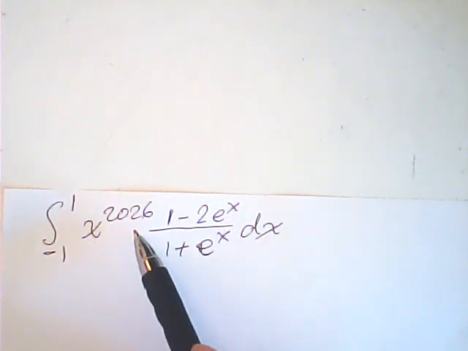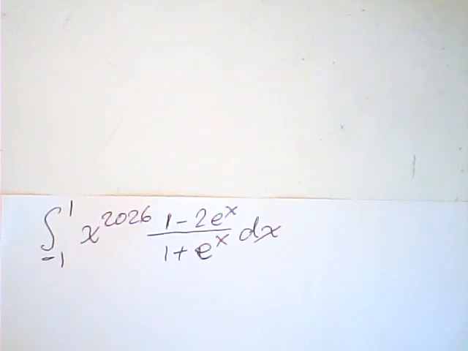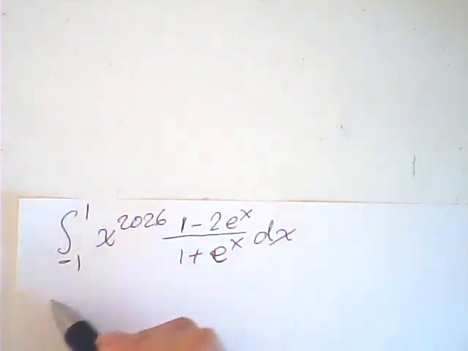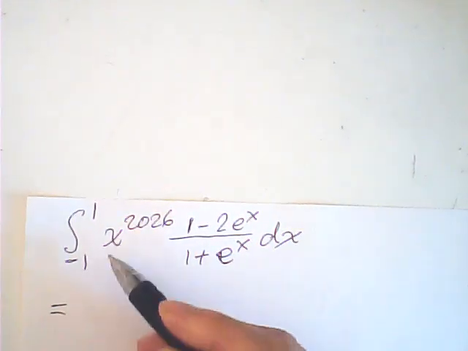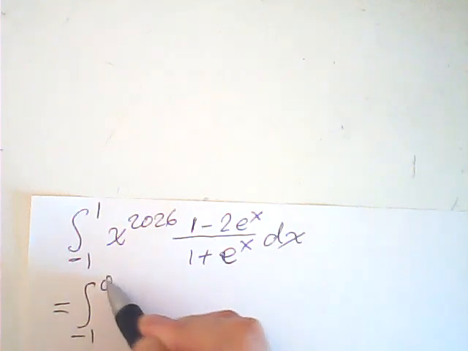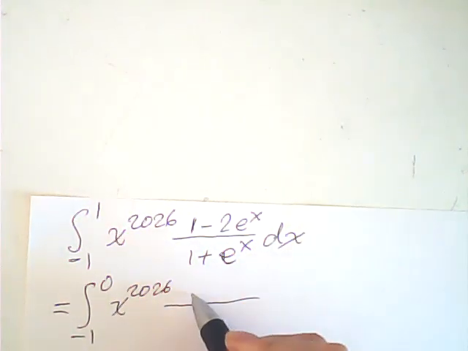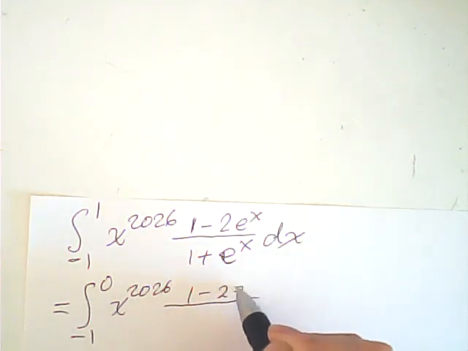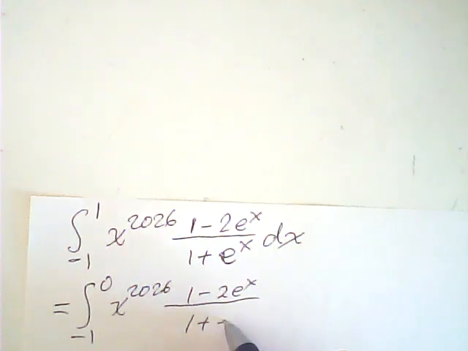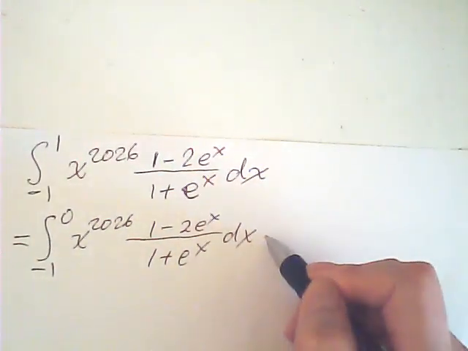We are in 2026. Now let me do this integral by two methods. The first method: I split this integral into two, one from -1 to 0. This is x^2026 (1 - 2e^x)/(1 + e^x) dx. And the other one is